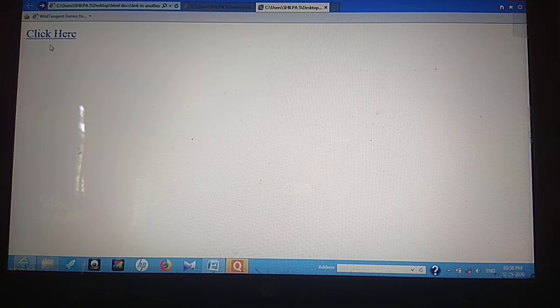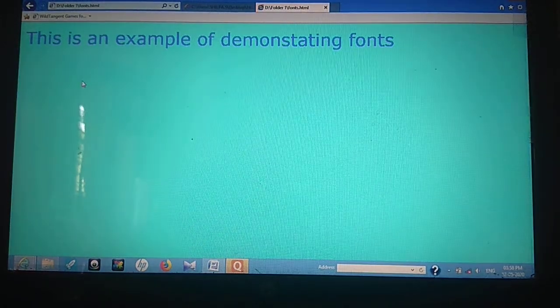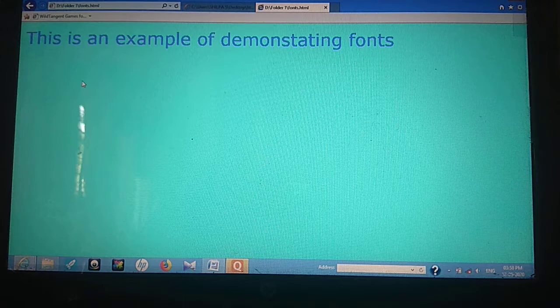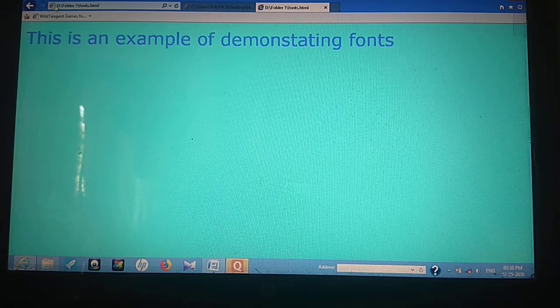But over here, this file is stored on the C drive, whereas this file, the green color background file, is stored on the D drive, which is a different location. So that is why I have to mention the D drive, then the folder name, and then the file name, which is fonts.html.